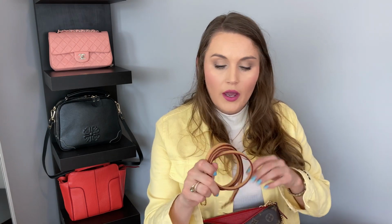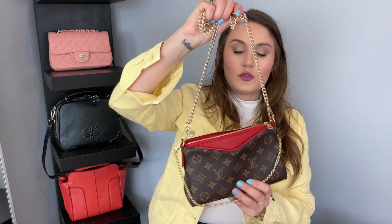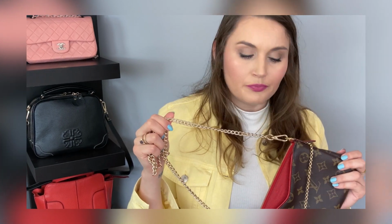Seriously, it doesn't have any signs of wear. The hardware is pristine. There is no single scratch, no discoloration. You know, it's intact. And it has that strap, which is vachetta. It is slightly darkened already. However, in Icelandic weather, I don't use that strap because once I took it out and it was very good weather, and then a few minutes later it started to rain a little. So I'm afraid to use that strap. I'm okay with it darkening and becoming brown, but I don't want the water stains on it. So I actually put some other chain, and I'm just using it with that chain, which by the way is actually from an H&M bag. I'm just thinking, if Louis Vuitton knows that you put an H&M strap on their bags, they probably wouldn't be happy about it. But anyway,